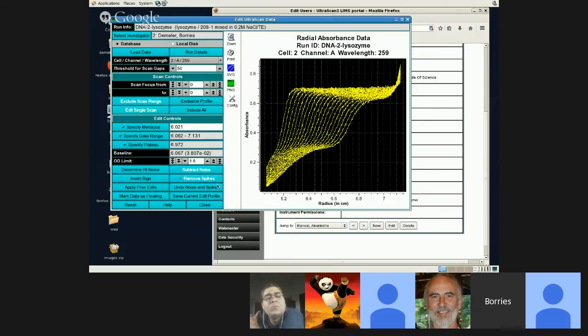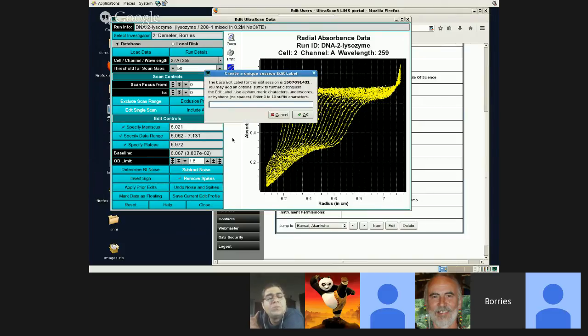And then when you have all of this done, you click on Save Edit Profile. At that point, you can give it another name, because you can have multiple edit profiles in case you wanted to check out the effect on the analysis of, let's say, deleting various scans, or maybe using different limits or whatever. You could try all of that out and then give each edit profile a different name. Or by default, if you just want to work with one edit profile, which is probably the easiest, you could just